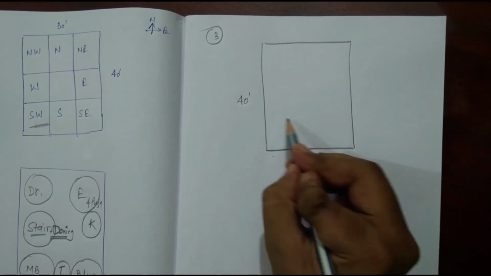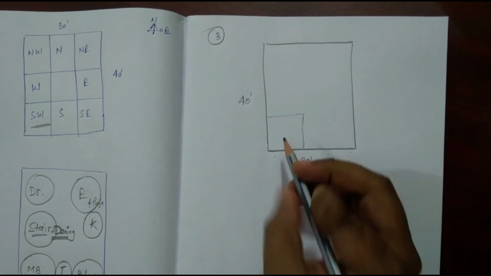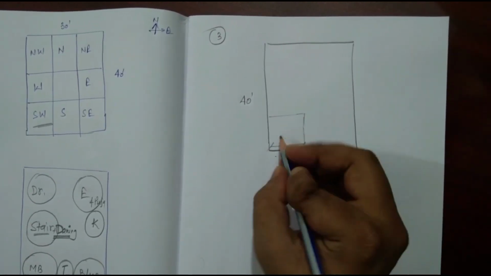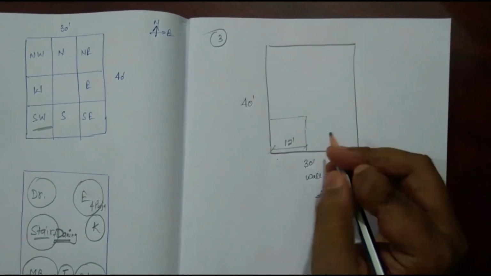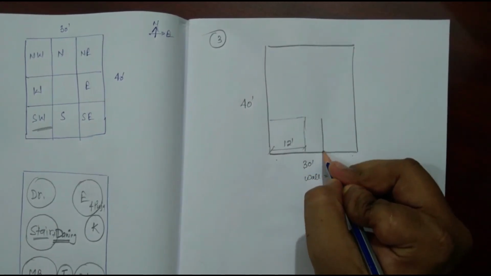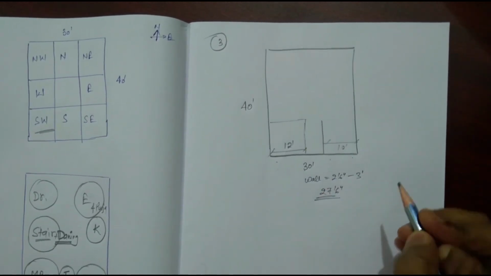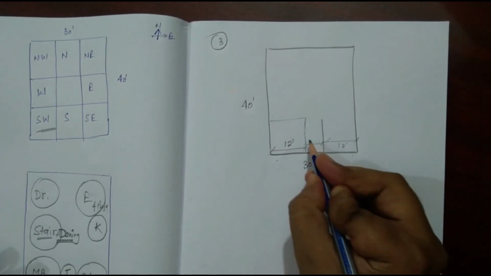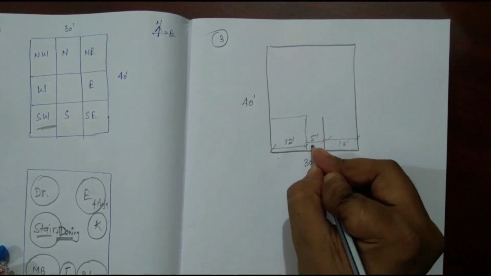As we had a master bedroom here, let us first draw lines here for the master bedroom. We'll give a dimension of, let's say, 12 feet for the master bedroom here. So we can provide it very easily. We'll provide a toilet here. The toilet can be 4 feet 6 inches or 5 feet. This will provide 10 feet for the bedroom. Now here we can give 5 feet of space for the toilet also.